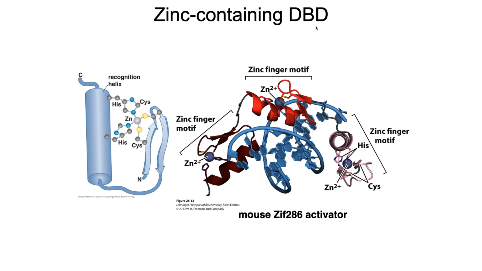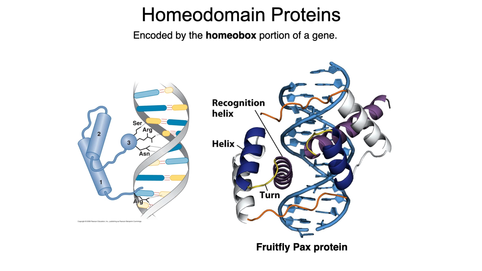There is another DNA binding domain called a zinc-containing domain. And so zinc acts as a cofactor here in the protein. It stabilizes the structure. But we still have a sort of recognition helix. There it is, this alpha helix that's going to bind to the major groove of the DNA, and it's going to interact very specifically with specific hydrogen bonding interactions and bind to very specific sequences.